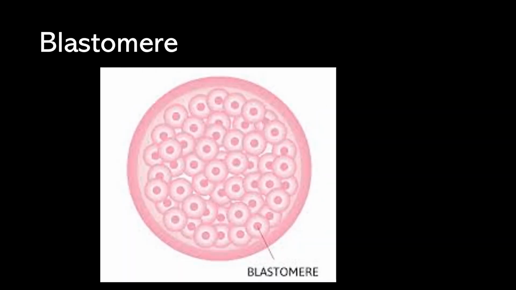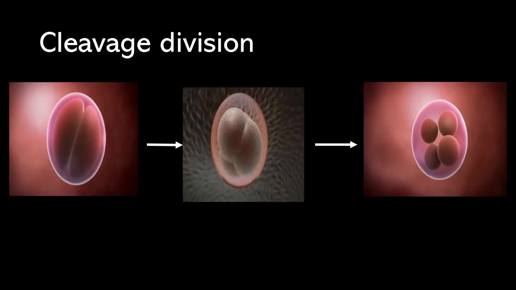When you see the first week changes, we are seeing a single large fertilized ovum. This produces many smaller cells within the zona pellucida, and at this stage we call them blastomeres. First is the cleavage division. After zygote formation, the first cleavage division is completed, giving a two cell stage. One cell will be larger and the other comparatively very small. The larger cell divides first so that we get the three cell stage.